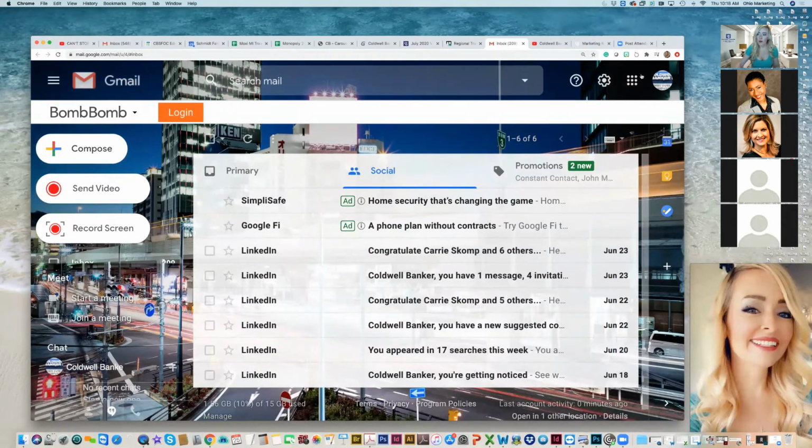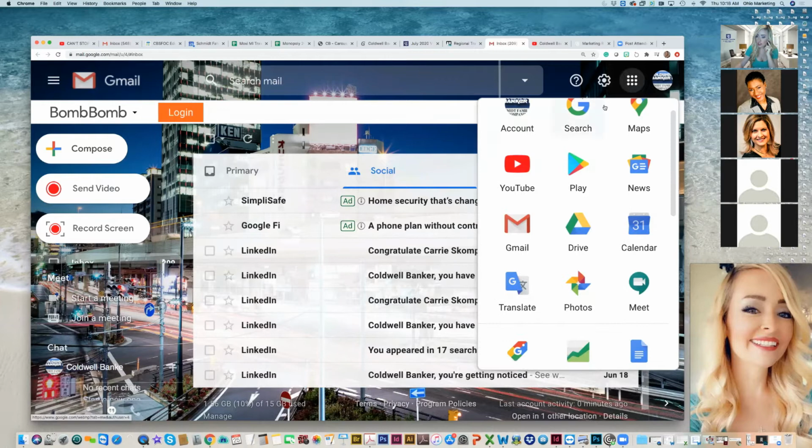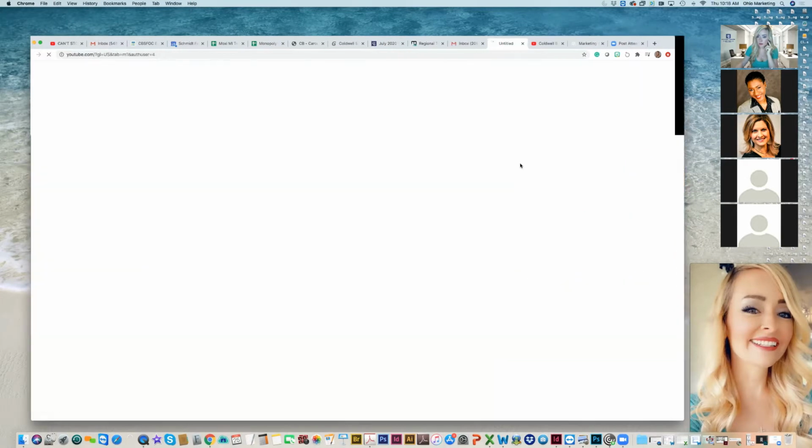So in the upper right-hand corner, this is my profile icon, which is where you guys would have your photo. But in this situation, we're going right next to it to the Google Apps. This is going to expand all of our options within our G Suite or Google account. We are going to go ahead and click on YouTube.